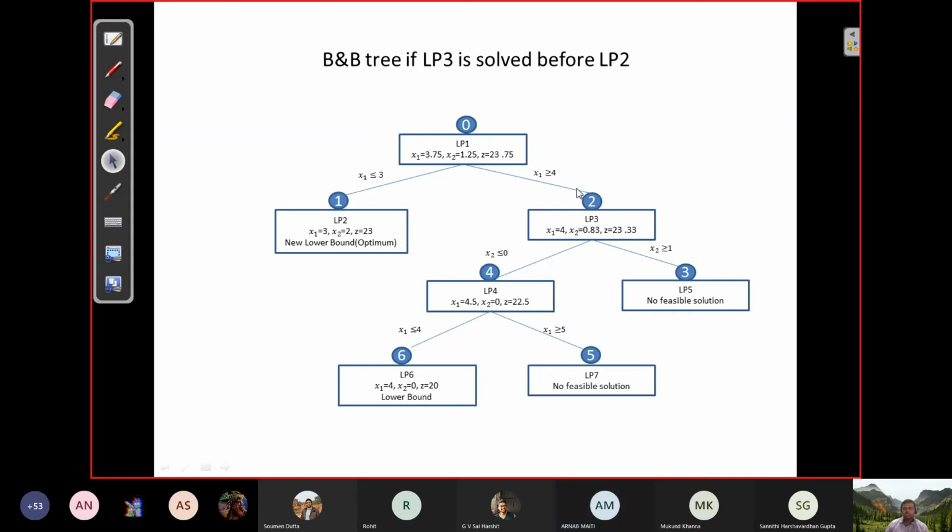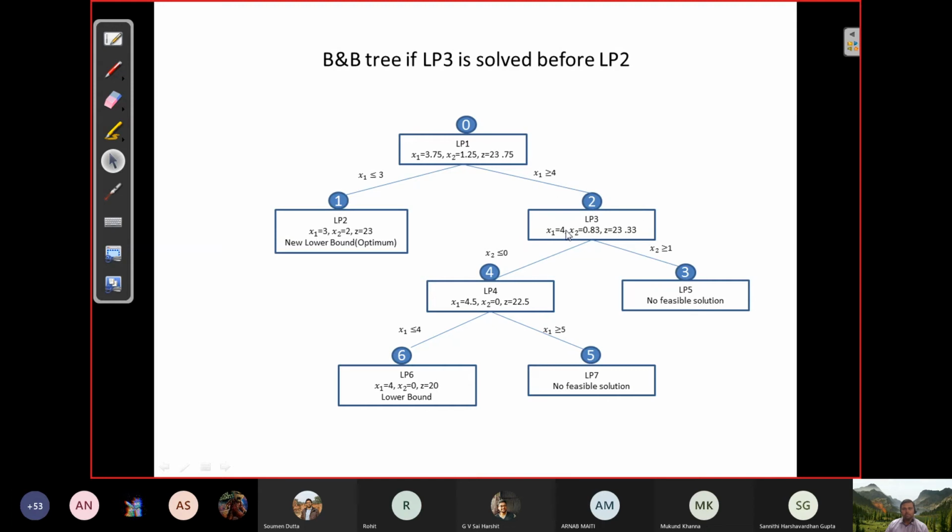So you see, by just changing the strategy, how much extra effort you have to put, right? Because at every node you are solving an LP by the simplex method. Here you are solving graphically, but for other, higher problems you might have to employ simplex at every node. So each node of the branch and bound tree, you are solving an LP problem.